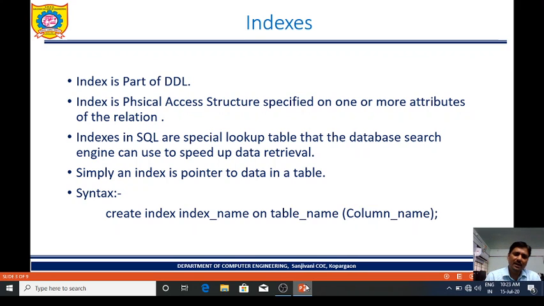We use the create command to create table structure, to create relation. In the same way we use the create command to create indexes. Create index name, any name you can give. Then on table name, on which table, and on which particular column we want to implement, that we have to specify.